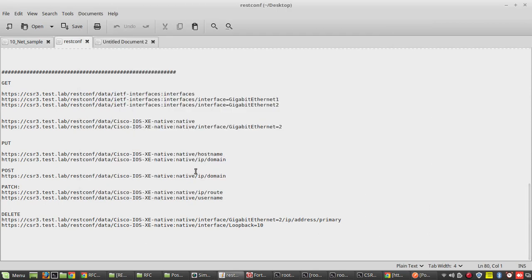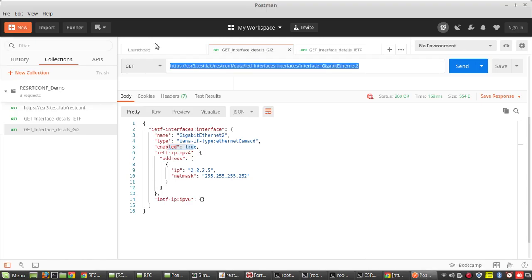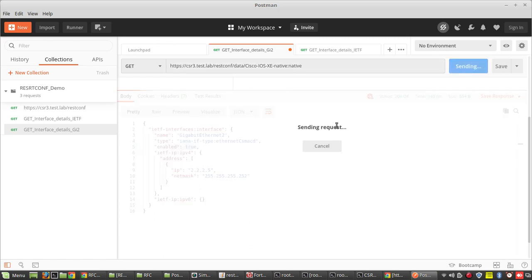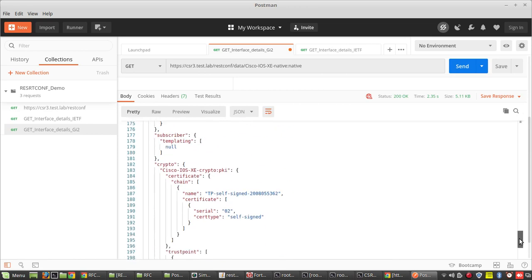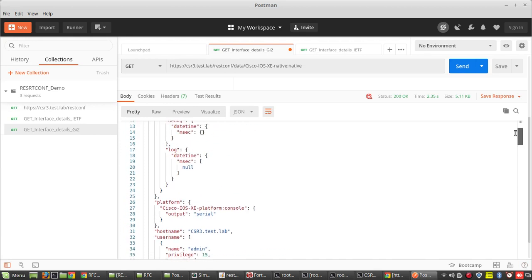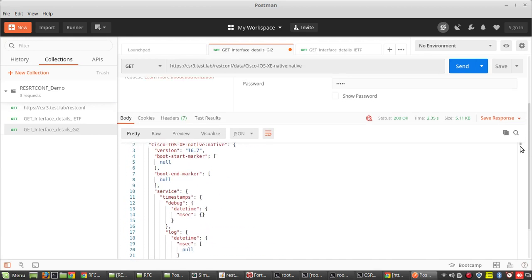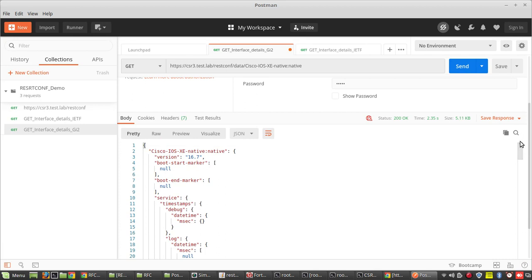In case of Cisco, to get the complete configuration, we can go to this model. What it does is fetch the complete configuration in JSON format. So you can see the structure of this, and if you want to read that YANG in pyang,